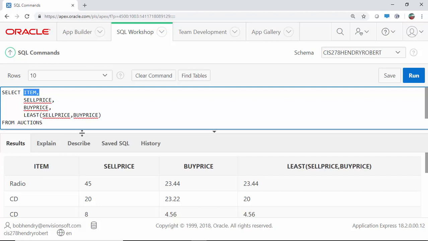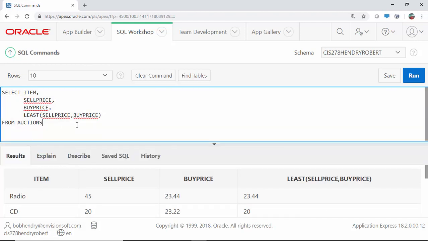Now, this is kind of a little bit advanced. Let's just say I wanted to say the item, the sell price, and the buy price. And I will say, this is kind of advanced, where I want to see this data, but I want to put an aggregate function in a where clause, and I can. Again, the ask is, show me the item that had the largest selling price. We could say from auctions, and we could say where